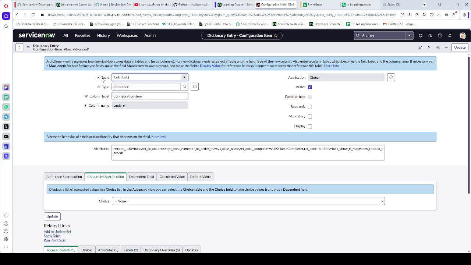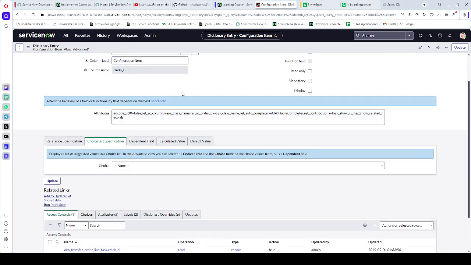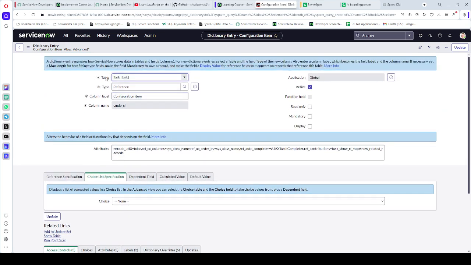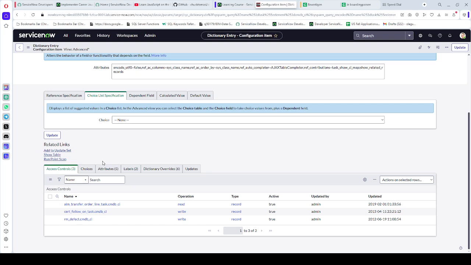So we need to be careful. If we make it mandatory here, the configuration item will be mandatory on the task table and it will be inherited by all other tables inside, except we do something different. Now, since we know that this is our task table, this configuration item is referring to the task table. We come to